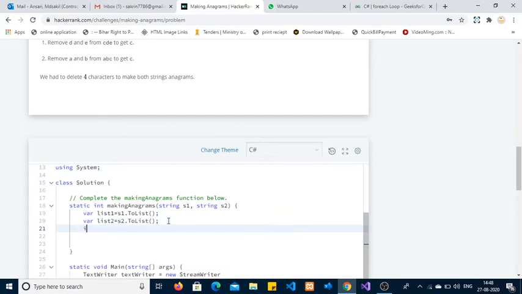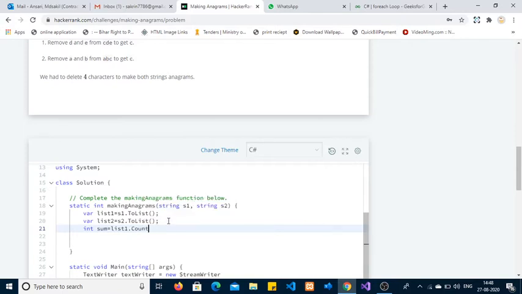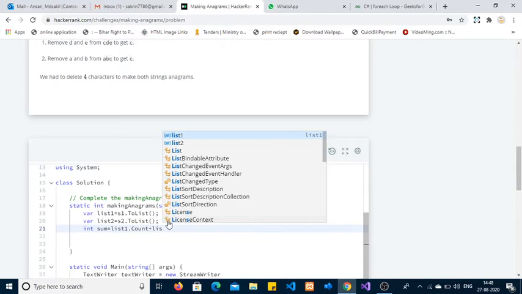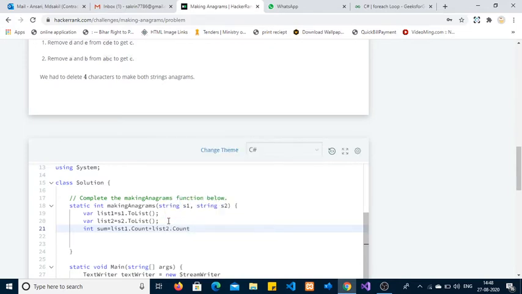We need the length of these strings, so I am calculating list1.Count. The Count property will count how many elements are present in the current list. Then list2.Count. Okay, and I am creating a temporary variable so that we can count how many characters are common in both strings.